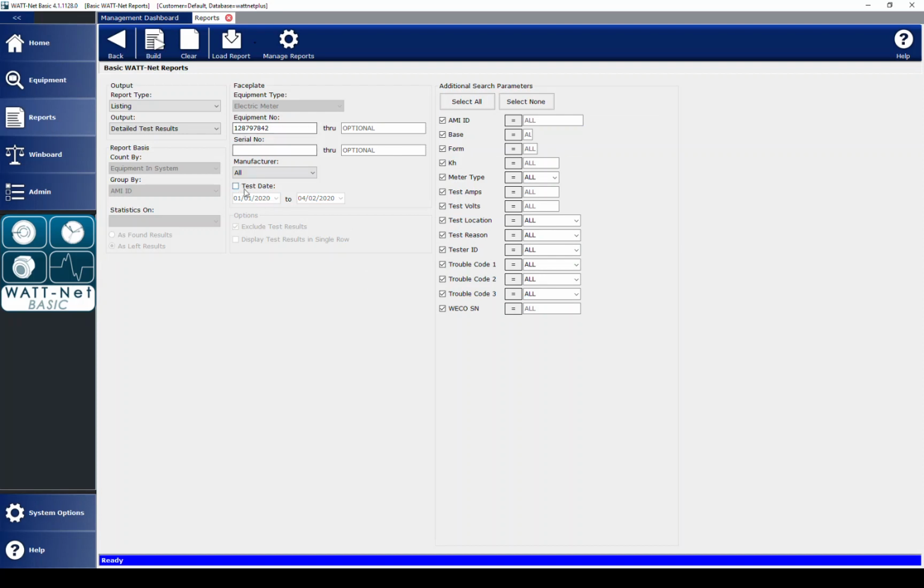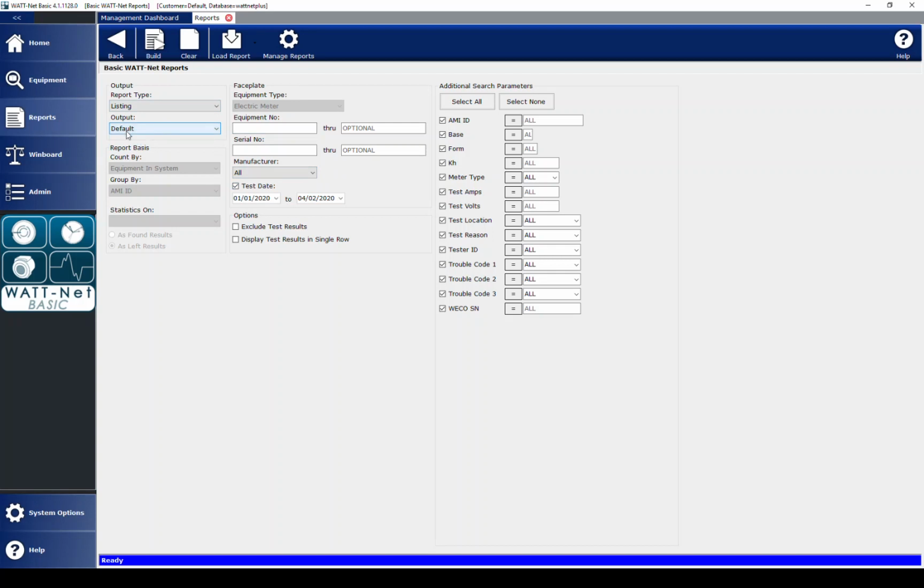Now, if you have a monthly report or a quarterly report that you need to do, you can build the report that you want. So say we want the first 3 months. We're going to include today because I know there's test dates in there. But you want it to be all meters, so you don't need a wildcard in this. And